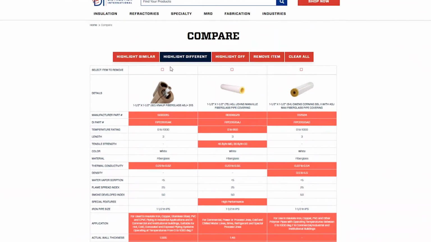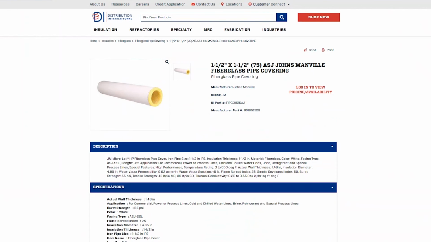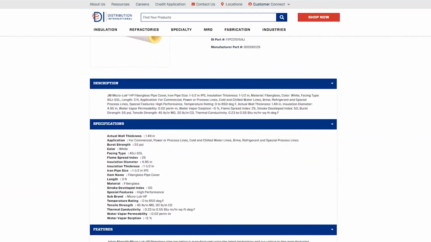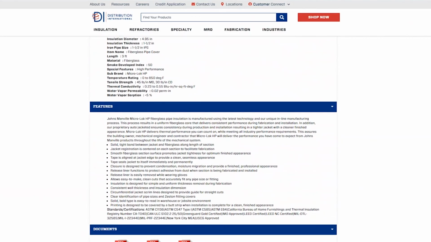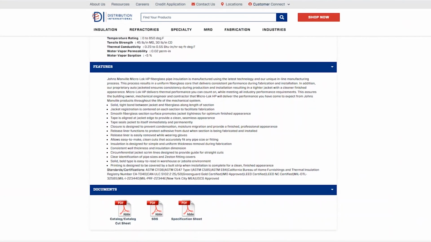In addition, I can select items to remove by checking the boxes and clicking Remove Item, or use Clear All to empty it. Once I decide which product I want, I can simply click on the item from here, and it will take me straight to the page where I will find all of the detailed information and documents associated